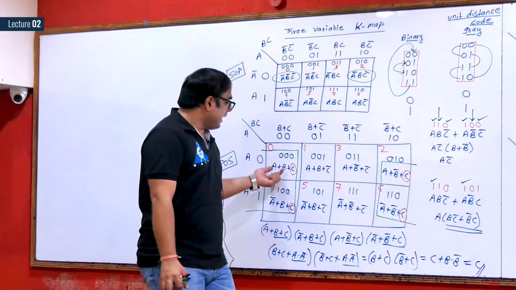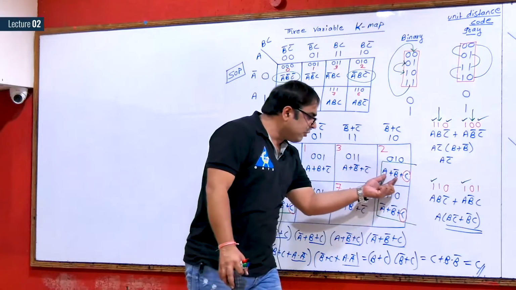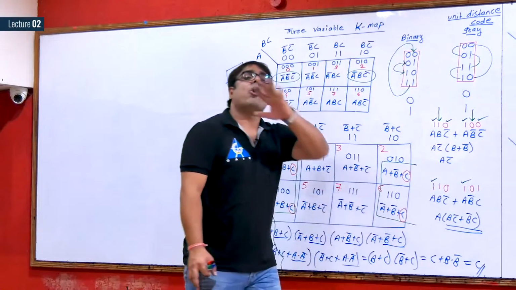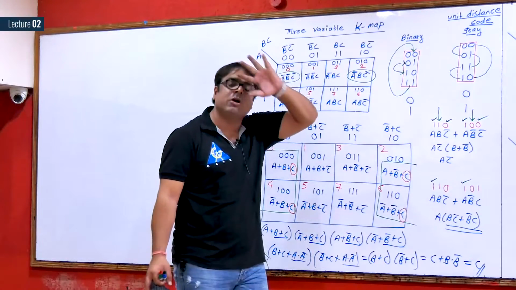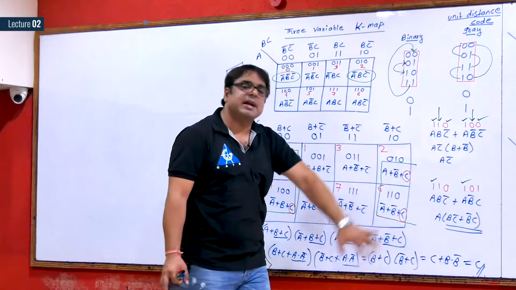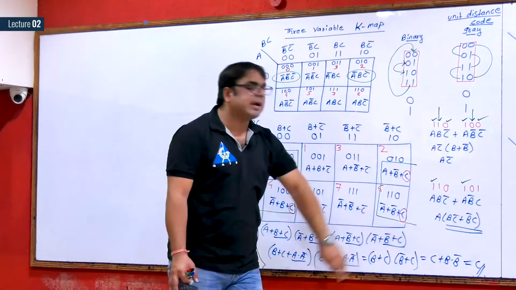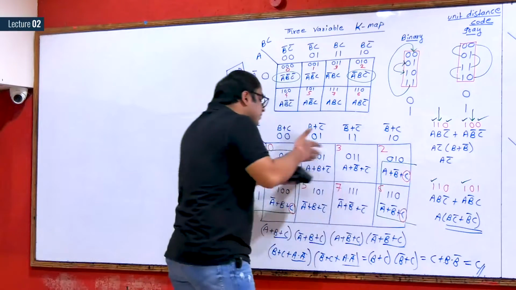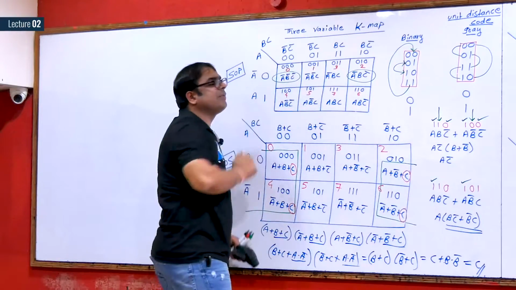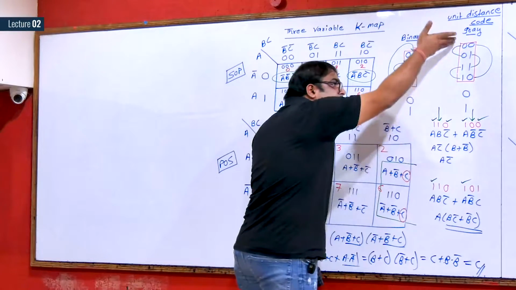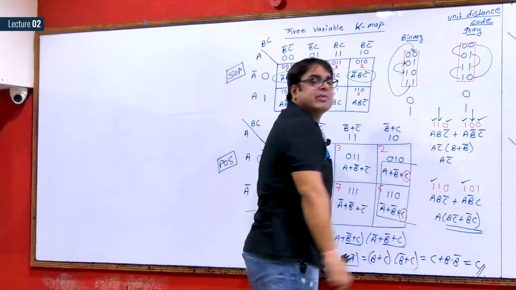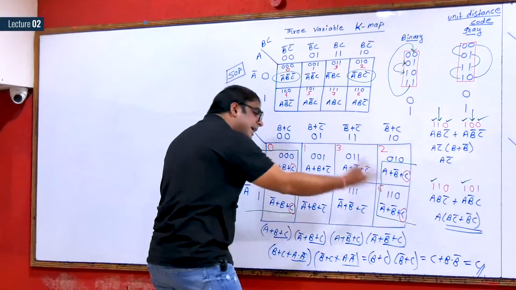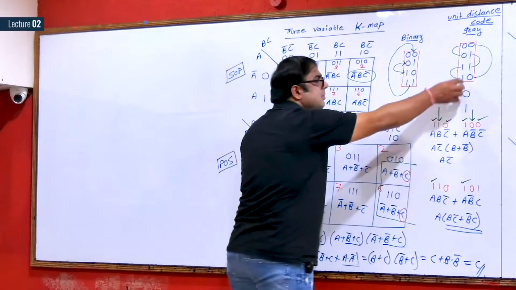Both will get reduced because all the possible combinations for A and B are present. Please see. A plus B, A plus B complement, A complement plus B, A complement plus B complement. All the possible combinations of A and B are present, so they will get minimized. So what answer are you going to get? You are going to get C. And how to connect the last one with the first one, this I have already justified to you. This is the beauty of gray code. Because of the beauty of gray code, you can connect the last with the first one.